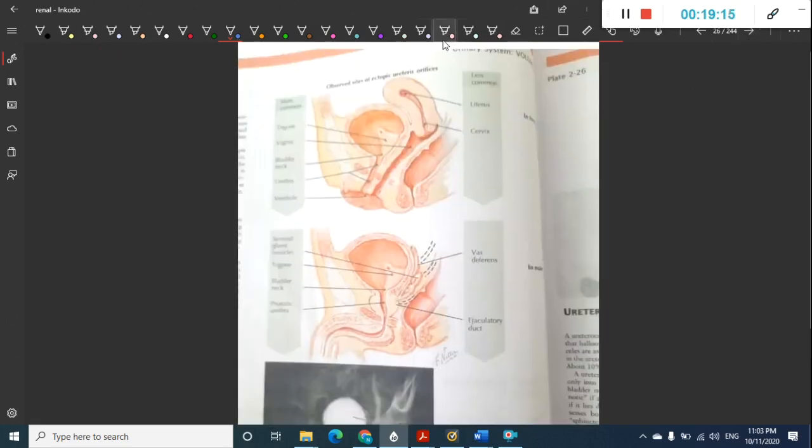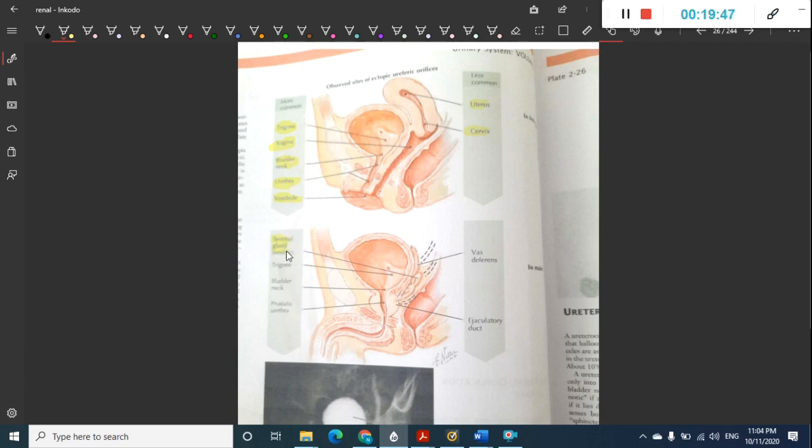Then there can be ectopic ureteric sites. I have told you, right? The ectopic ureteric sites, most commonly they can be present in the trigone, in the vagina or bladder neck, in the urethra or vestibule. Rarely they can be present in uterus and cervix also. See, whenever they are present in vestibule or in urethra, that is below the external urethral orifice, in such cases there is increased chance of dribbling of urine. So this is in females.